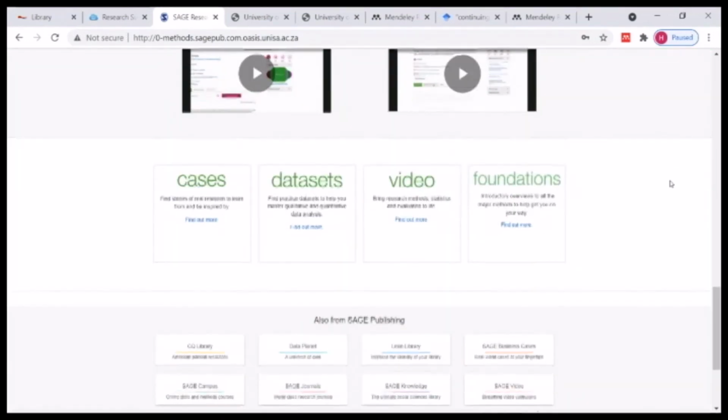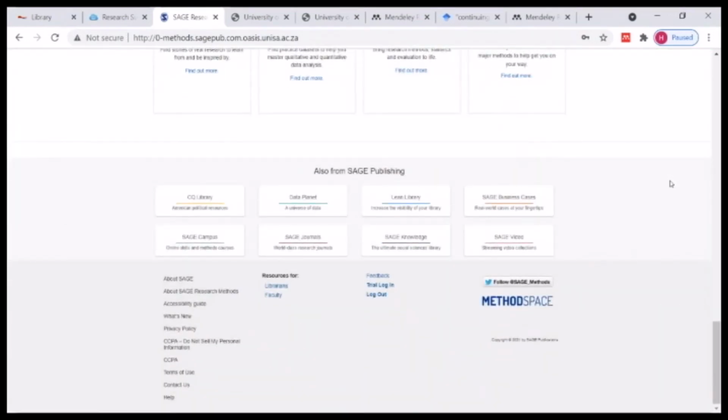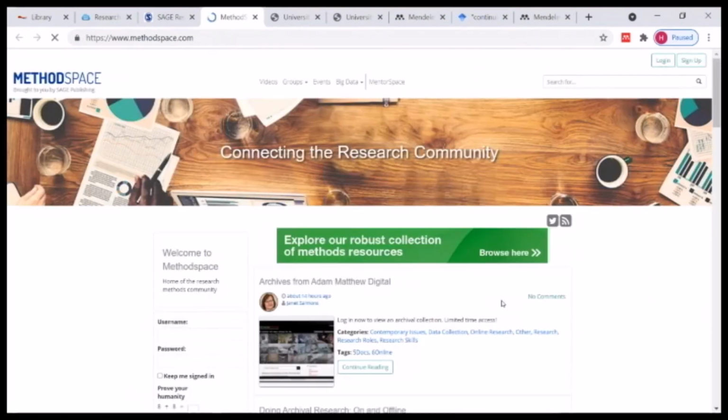What I actually want to make you aware of is what we call a method space, and I would encourage all our PhD students to go and sign up for this one. This method space is free of charge. Even when you go to Sage Research Methods, when you sign in, you don't have to pay anything. Remember, UNISA has already paid for all our researchers and all our students. So these things are freely available for you to use. So the method space,